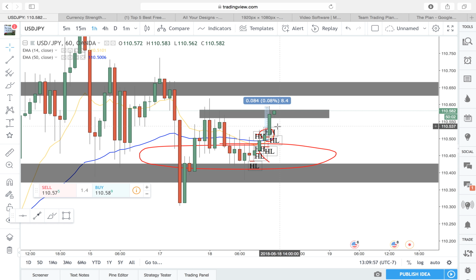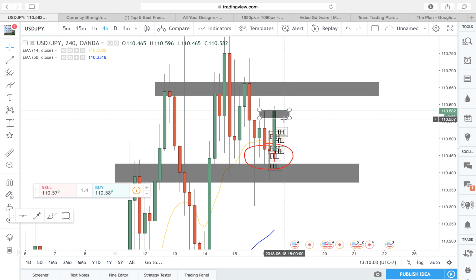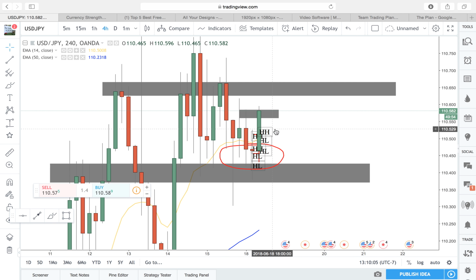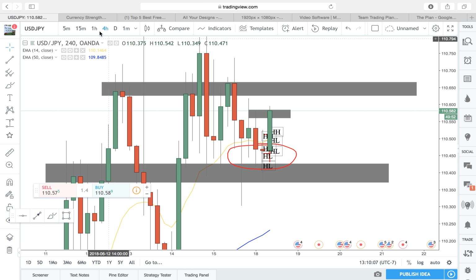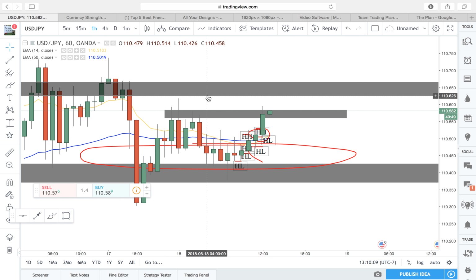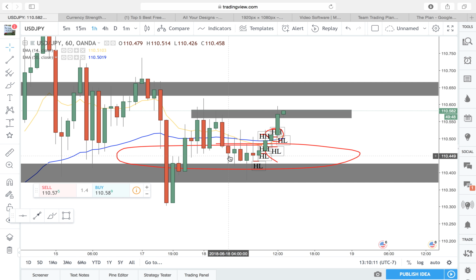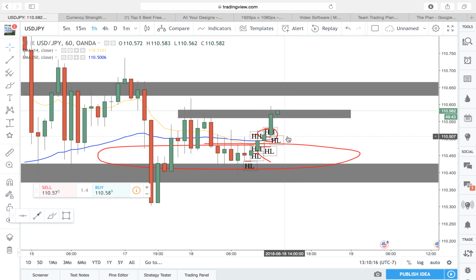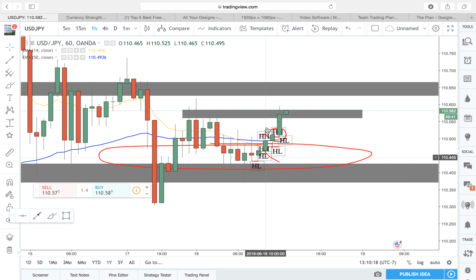But this is getting a little clustered here. But I want you guys to visualize how I have this zone and this zone, right? Based off this 4-hour, right? These are the two main real structures, the very high and the very low. But then you go to the 1-hour, and you've got to have those zones in between, those minor versus major. So what do we got? We were in between a zone,